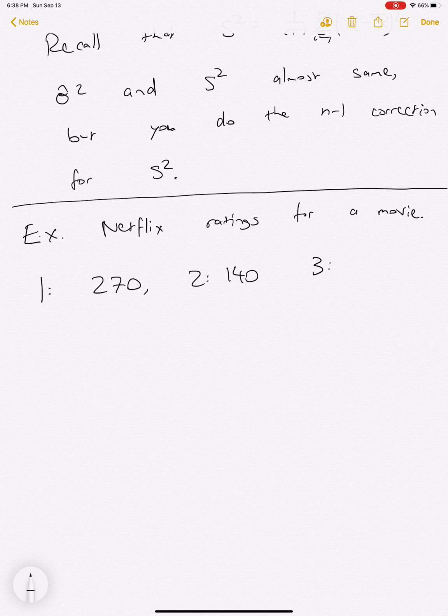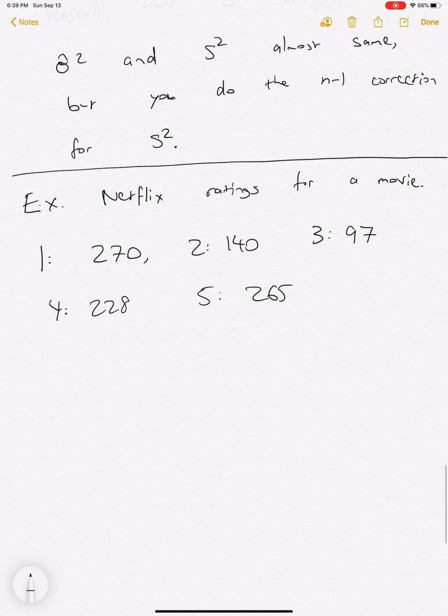Rating 2 had 140, rating 3 was 97, rating 4 was 228, and rating 5 was 265, and that should hopefully all add up to 1,000. Therefore, the sample PMF